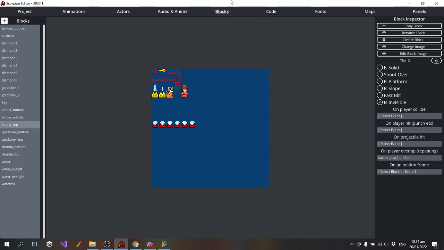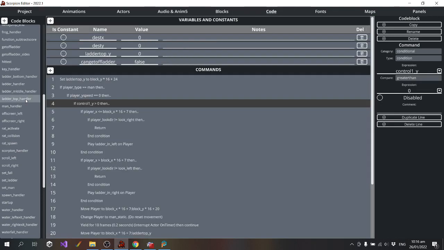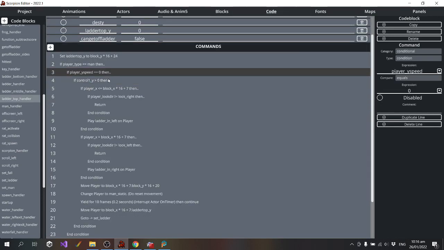So it's ladder top handler. So what prevents a player from getting off the ladder? So y speed is 0.